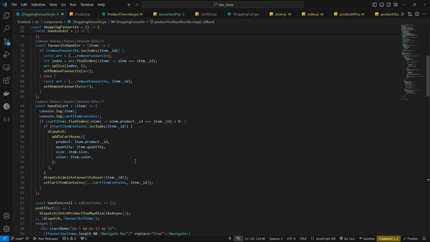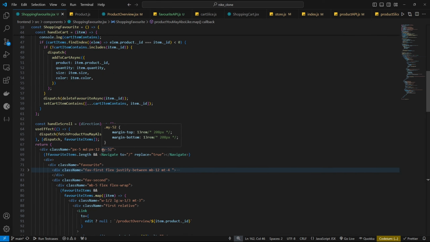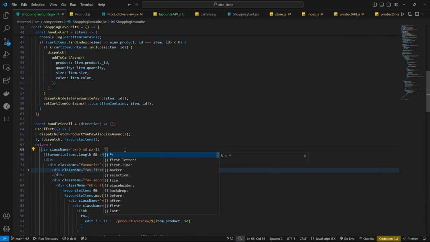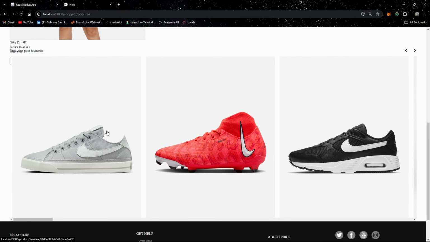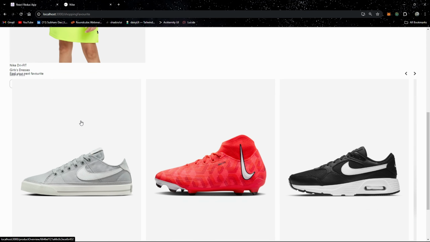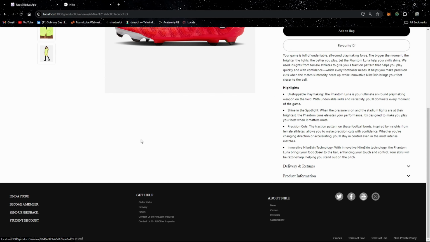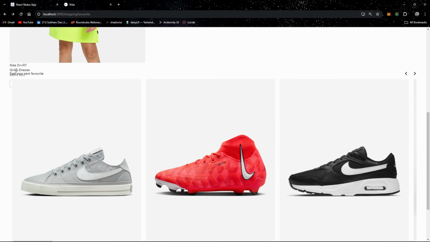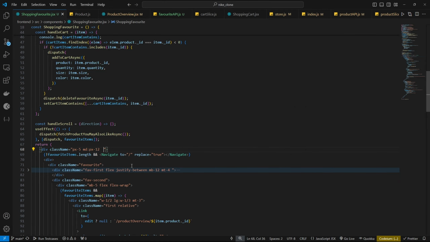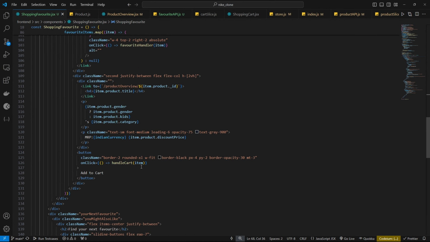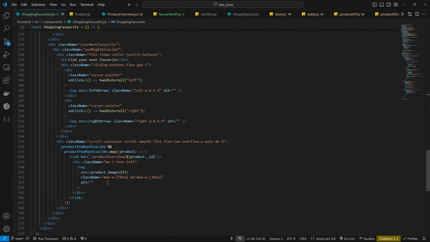We can remove the my-52 from here, and we don't need it anymore, but we also need to give some gap from the top, because as you can see these are getting hidden under the images. So for that what we can do is